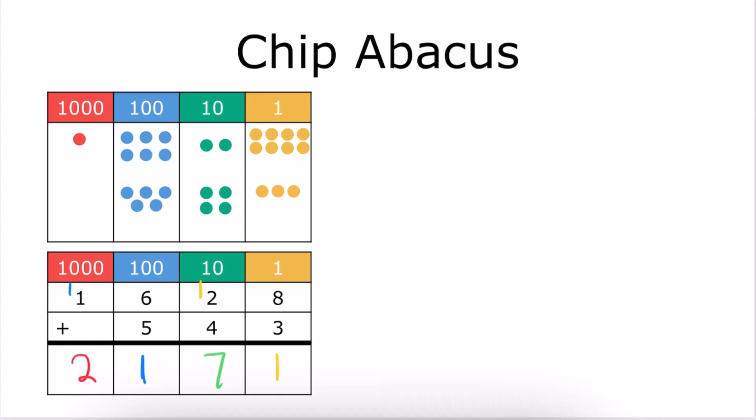And another model that you can use that is very helpful when you want to have students work on their own and practice by themselves is the idea of a chip abacus. Because with the blocks, I personally like using an iPad the best and displaying it because it's just easier classroom management wise to just show it up on the board. But if you want to have students working on their own, if you don't have a base 10 blocks set for all of your students, or if you don't want to get them out because that's going to take up too much time to manage all of that, you can have students use a chip abacus, which basically means that